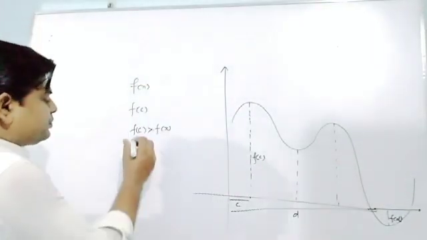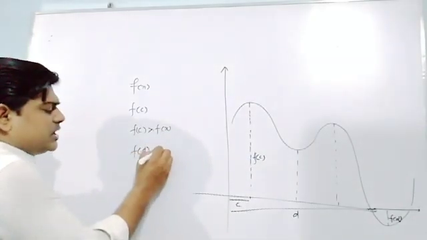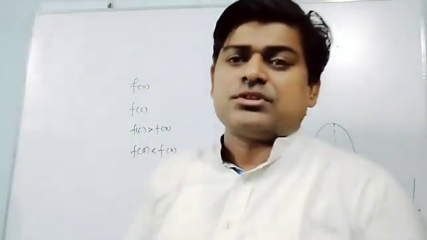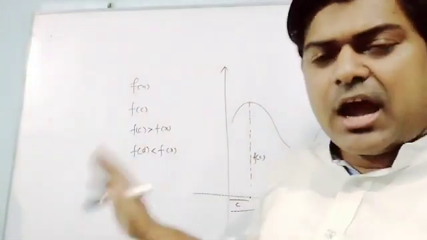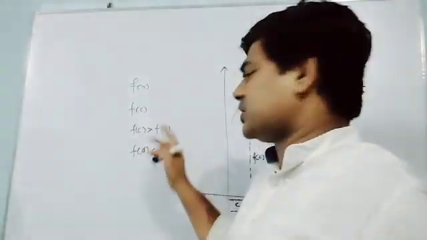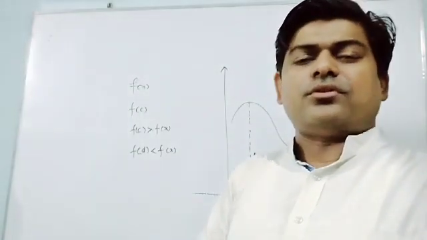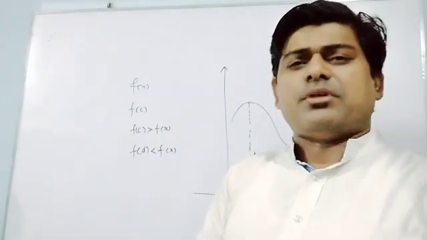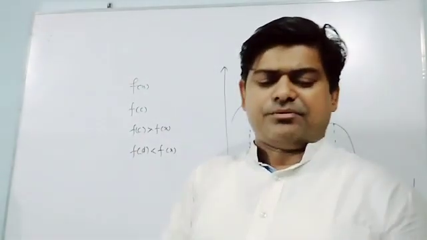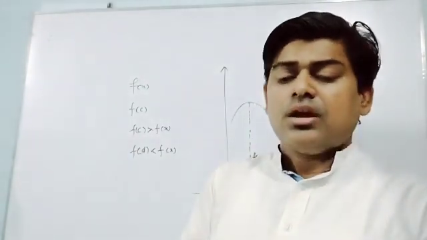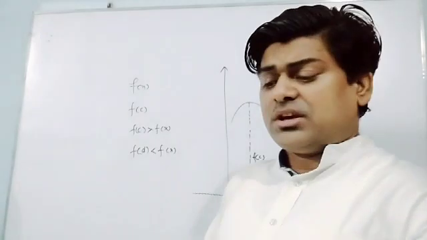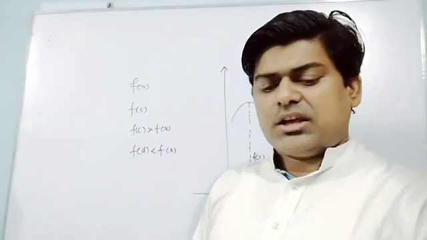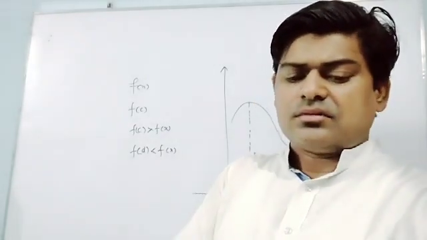In the same way, if f(d) is less than f(x), d is defined here. I want to tell you one thing: d I have taken as 1 point, c I have taken as 1 point, and f(x) means all the values of f on the other values of x. When we put the value of x, we get f(x) in the given function. So I can say if f(c) is greater than f(x), it is the maximum, and if f(c) is less than